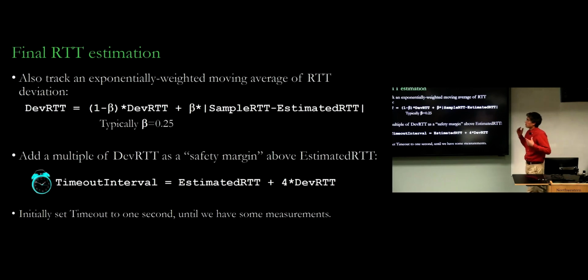So then to finally calculate the timeout, you take your estimated round trip time, which was the moving average, and you add on top of it a factor of the estimate of the deviation. A lot of implementations use a factor of 4 just to have a relatively high margin of safety so that you prevent premature timeouts. But exactly how this behaves is up to the implementation of TCP. There are RFCs that make recommendations, but different implementations can make different choices if they think they can improve upon the performance by making different decisions.